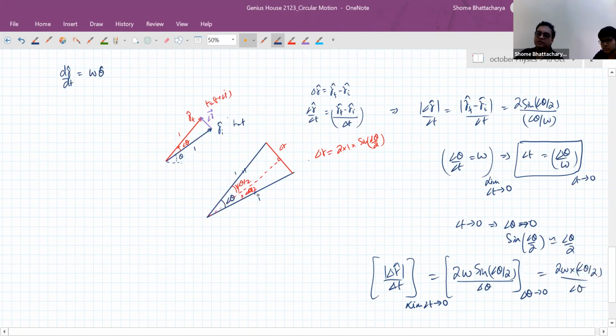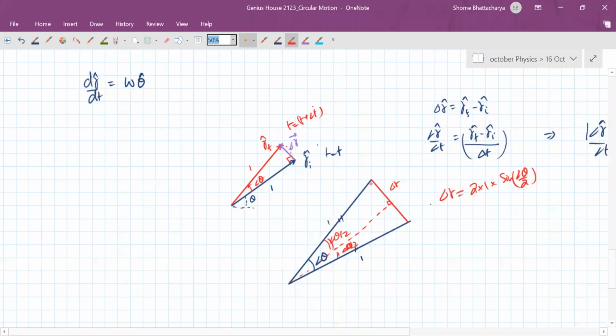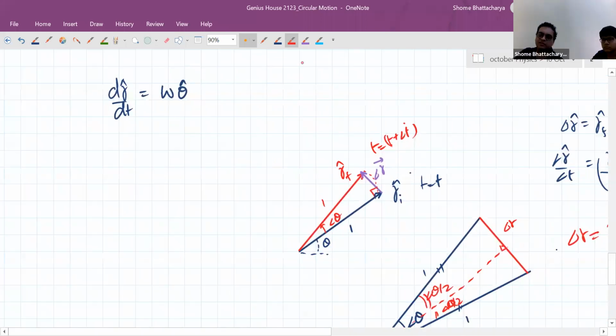In the diagram also you can understand that if your delta theta is becoming very small, this angle here will tend to 90, and this will tend to become the arc length. There's hardly any difference between this one and the arc length. Imagine delta theta has become a very small angle, like 0.5 degrees or 0.05 degrees. There's hardly any difference between this chord length, the violet colored line, and the dotted curve that I've drawn here, which is the arc length. So what will the magnitude of delta r be? It will become approximately 1 into delta theta only, which is the arc length.